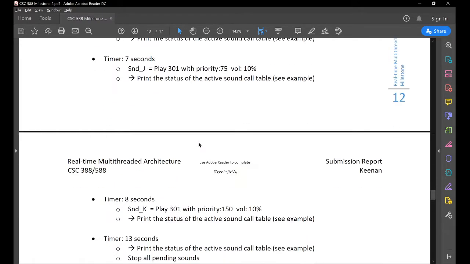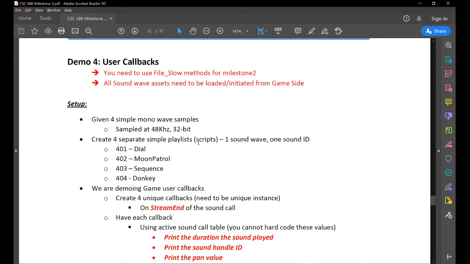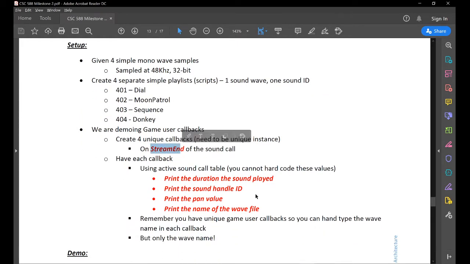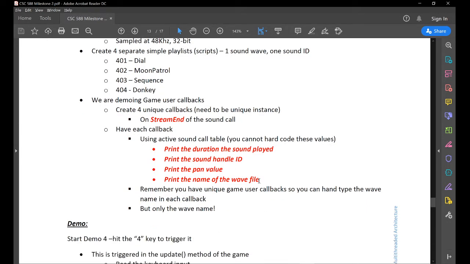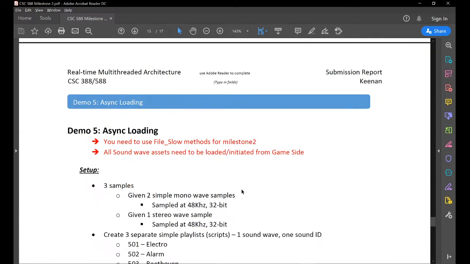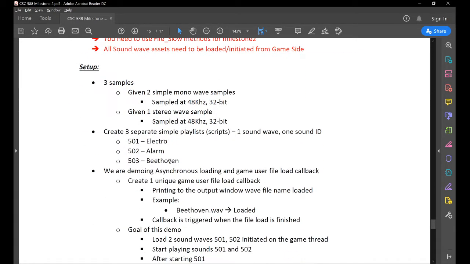And then for demo 4, using the callbacks on the stream end event, in the callback I'll be printing the different properties and information of the wave that has just stopped. And the final demo 5 is for asynchronous loading. So I'll be loading Beethoven here, the wave is heavy, so it should be loaded once the electro